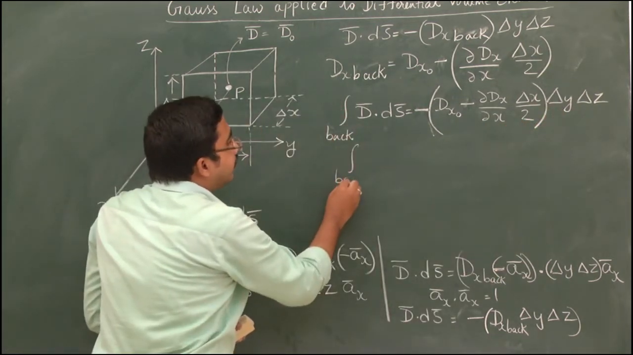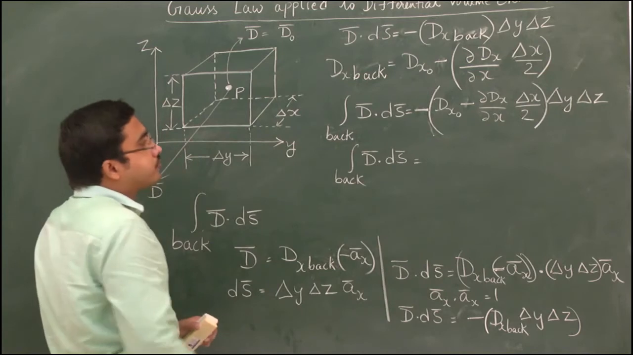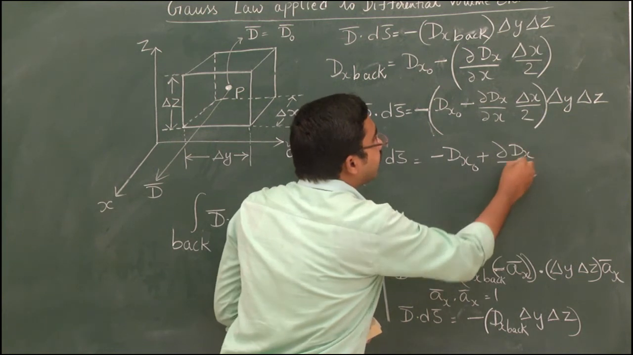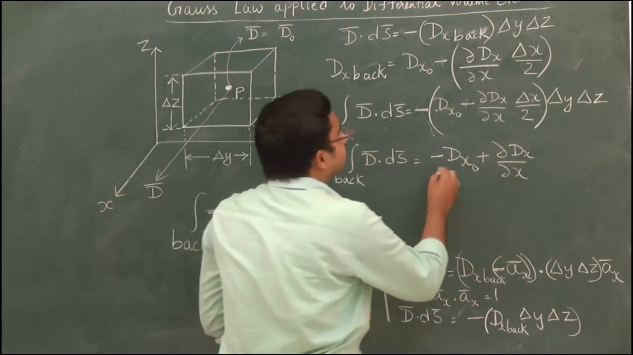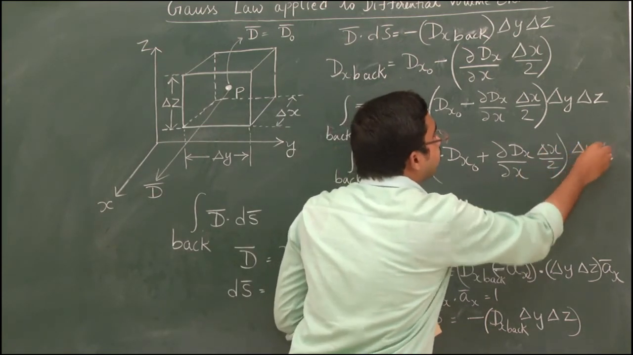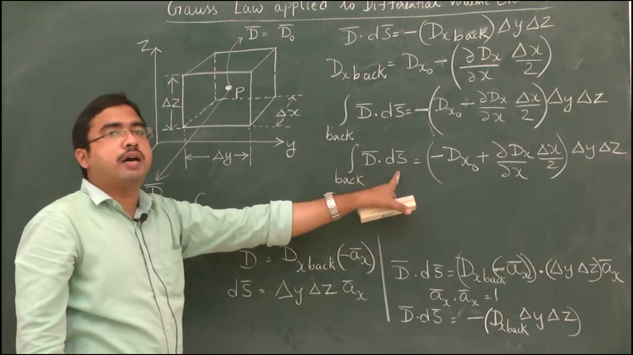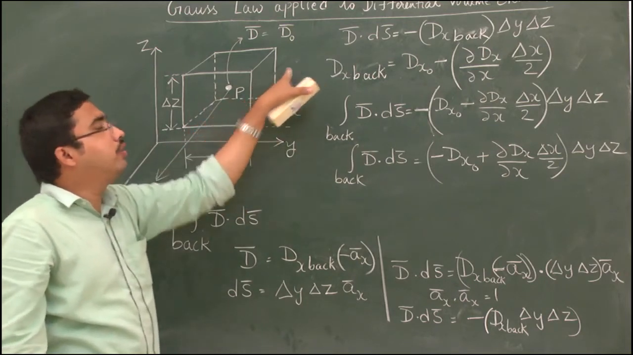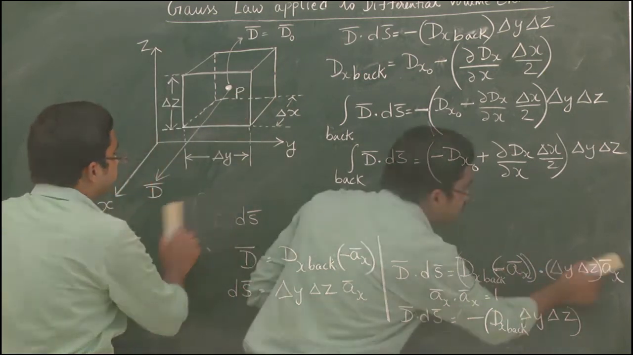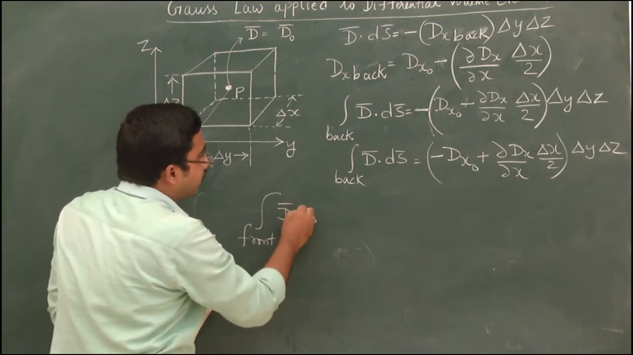Now the back side integral of D̄·dS̄ is equal to minus (Dx0 + ∂Dx/∂x · Δx/2) into Δy Δz. This is the formula for D̄·dS̄ for this differential volume when you are observing from the back side surface. Okay, so already we got the integration from the front side as D̄·dS̄ is equal to,